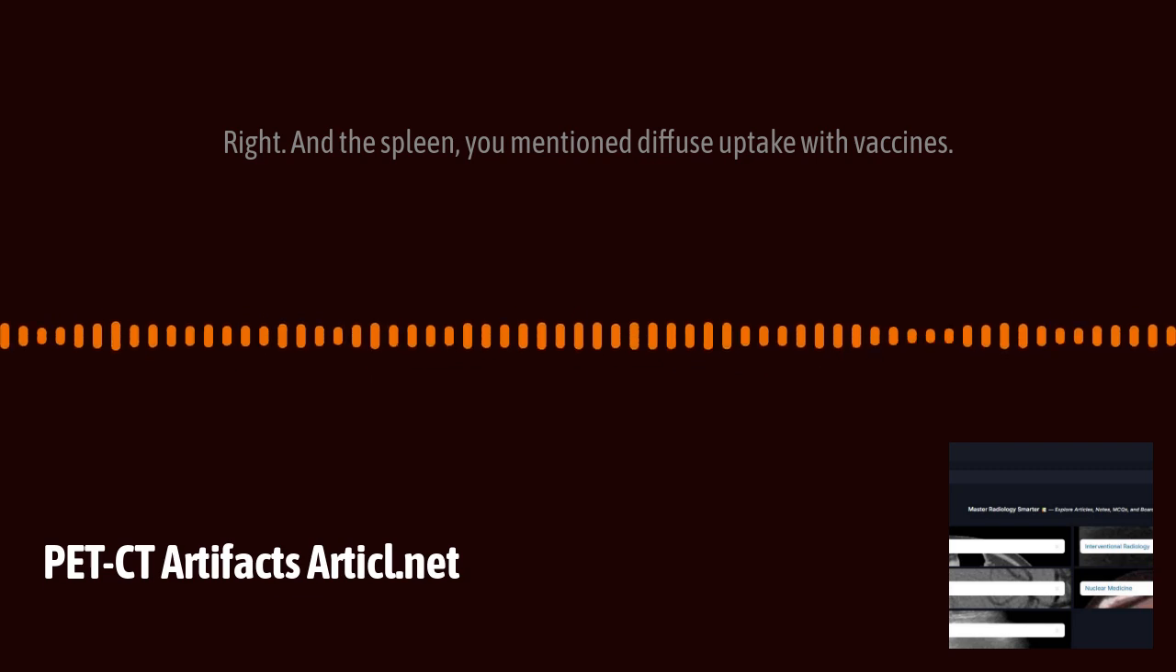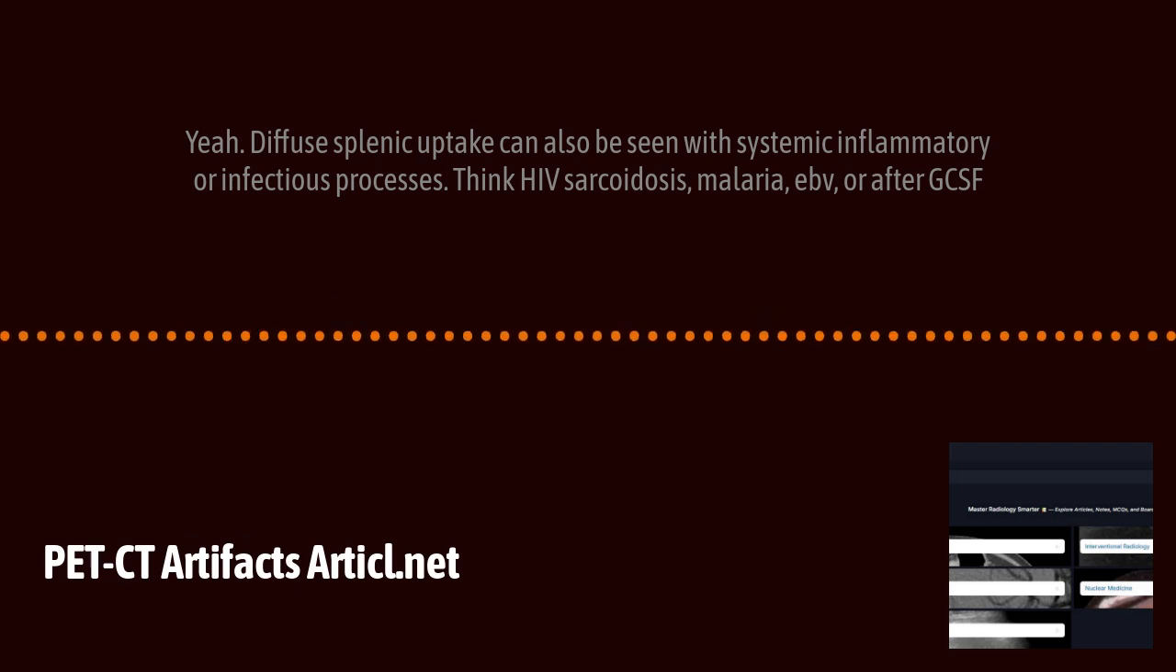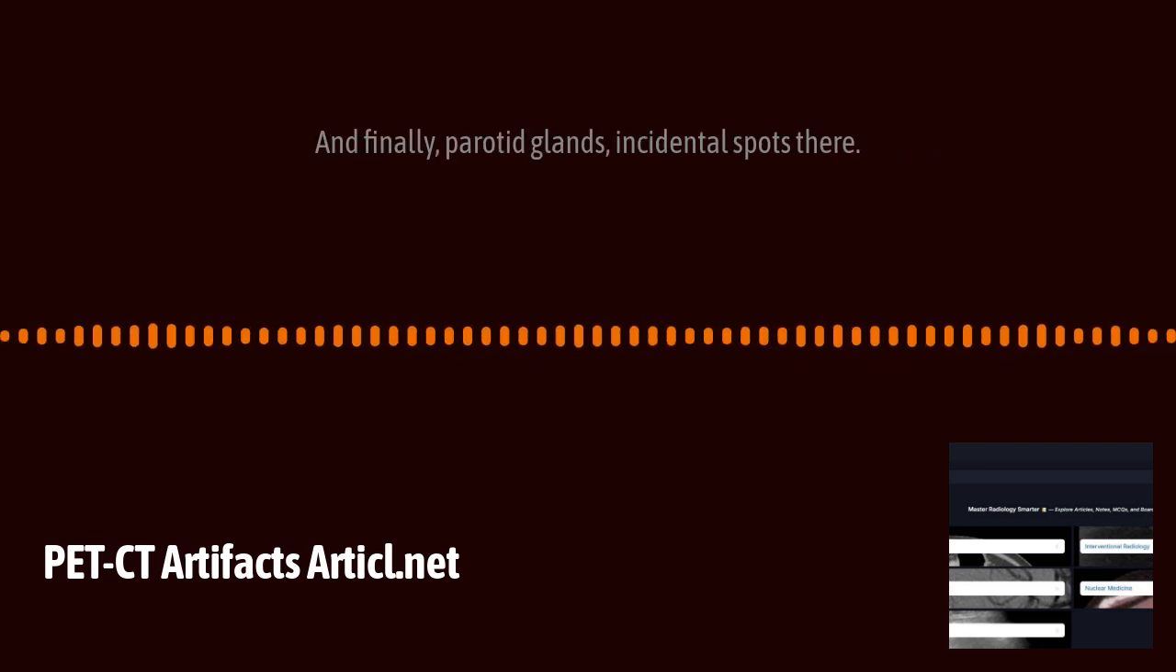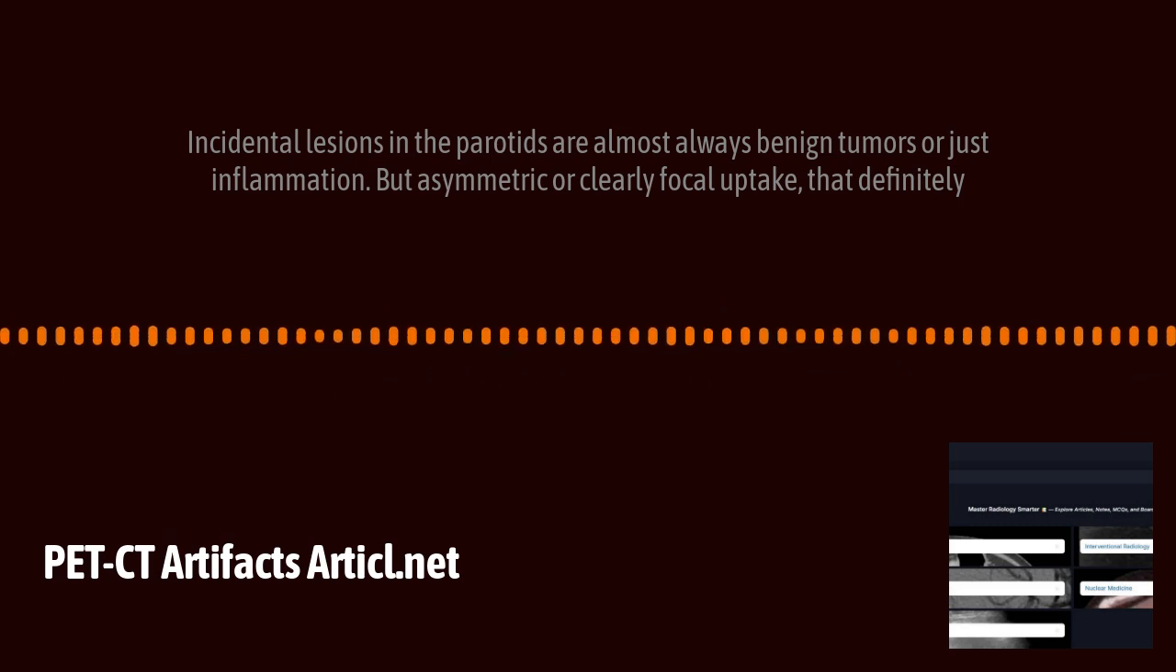You mentioned diffuse uptake with vaccines. Yeah, diffuse splenic uptake can also be seen with systemic inflammatory or infectious processes. Think HIV, sarcoidosis, malaria, EBV, or after G-CSF administration. Generally, the diffuse pattern and relatively lower SUV usually point towards a benign cause. And finally, parotid glands. Incidental lesions in the parotids are almost always benign tumors or just inflammation, but asymmetric or clearly focal uptake